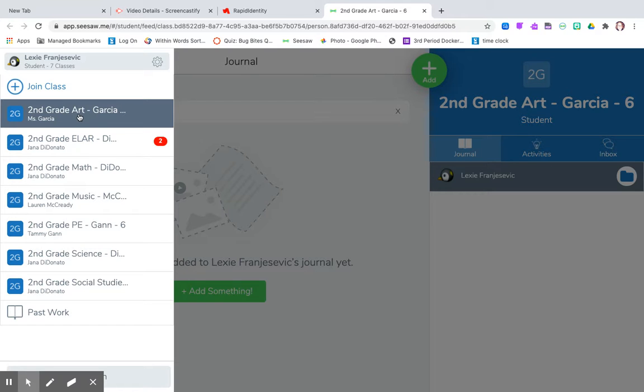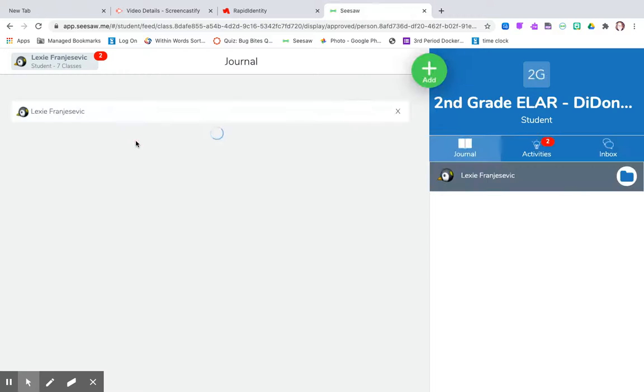So each day, your child will need to do an activity from either art, music, or PE, depending on the day. And those will get turned into the specials teachers. We're going to take a look at the ELAR classroom. This little number shows that this student has 2 activities that have not been completed yet. So if I click on the ELAR classroom,